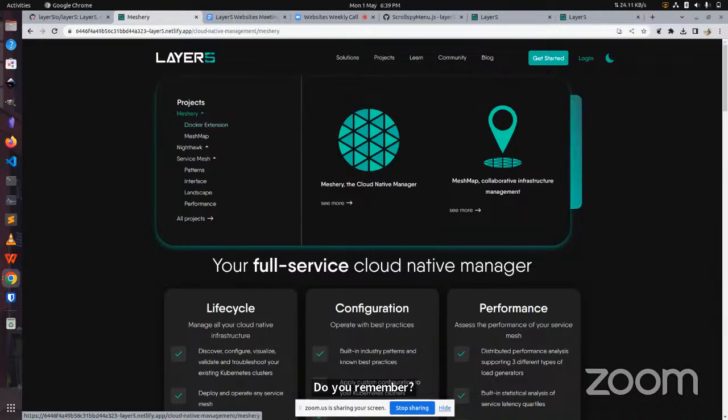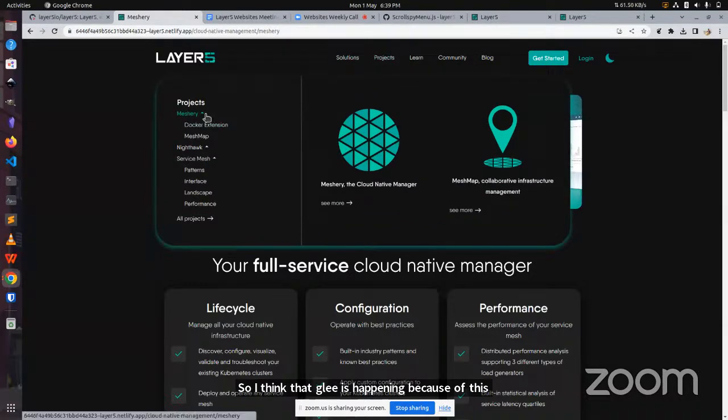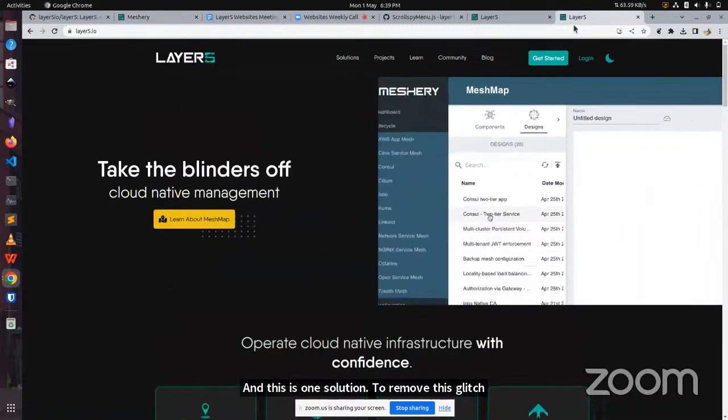So I think the glitch is happening because of these drop-down icons, and one solution is to find it on hovering over this HR component. I applied a CSS rule of rotation of 180 degrees on this drop-down icon. I guess because of that it is happening. I need to look further. I haven't gotten deeper into this. This is one solution to remove this glitch, and another one which I found is